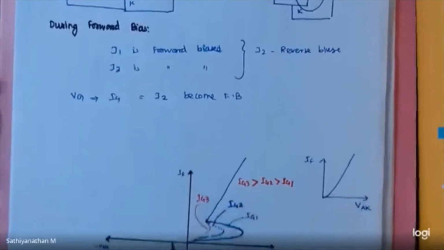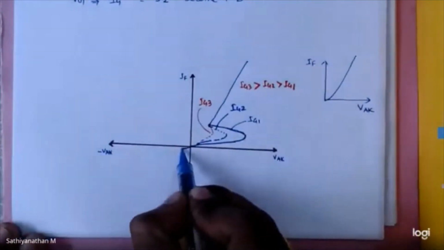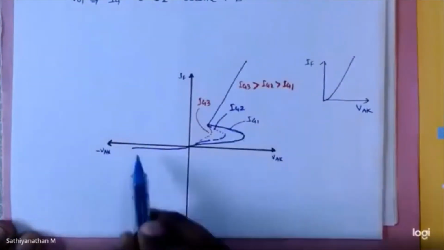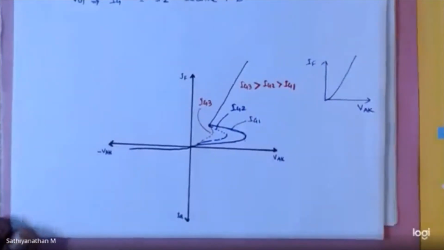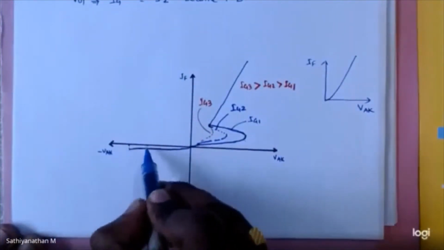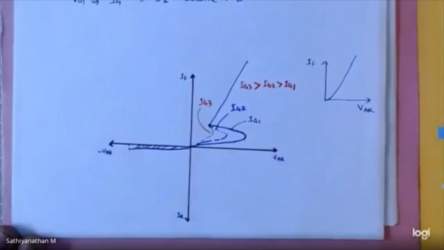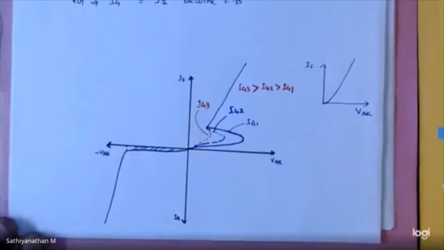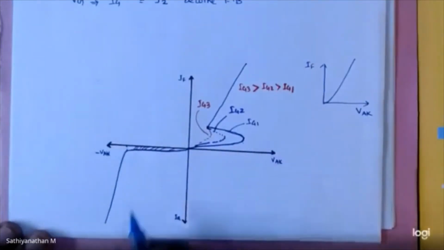Okay, so during reverse bias, you can apply a reverse voltage. Up to this instant, the device has a small leakage current. This is a small leakage current. And if it goes beyond the rating, the breakdown will occur. Already you know about the avalanche breakdown. During reverse bias condition, it starts to conduct. It exceeds the limit and it breaks the junction due to excess holes and electrons. So the device starts to conduct. So this is the reverse characteristics of an SCR.